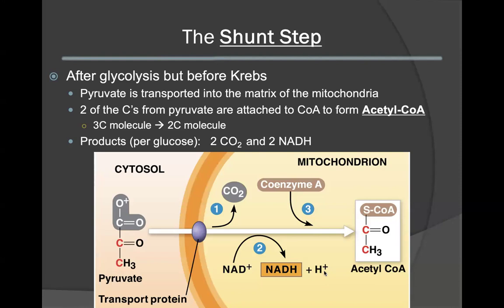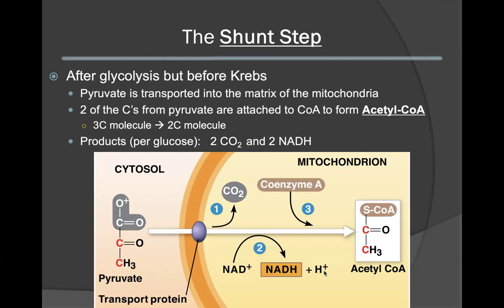Pyruvate is going to be transported into the matrix of the mitochondria. However, pyruvate cannot get into the mitochondria as is. It's going to have to be changed, meaning that it's going to have to lose a carbon to form a 2-carbon molecule. So pyruvate is going to be brought to the surface of the mitochondria, and we can see here